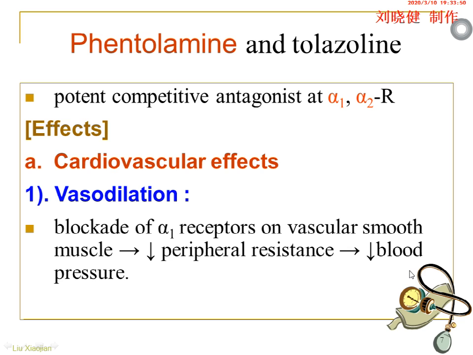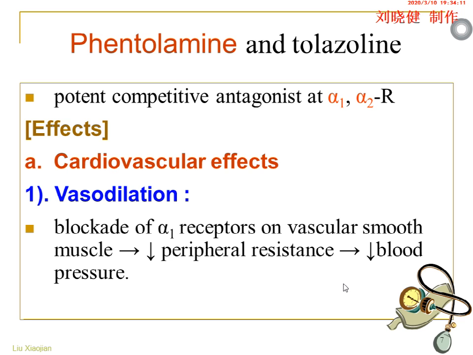The result is decreased blood pressure. So don't forget, in the body, this is the whole body. Once blood pressure decreases or increases very obviously, the body always mobilizes a mechanism to stop that